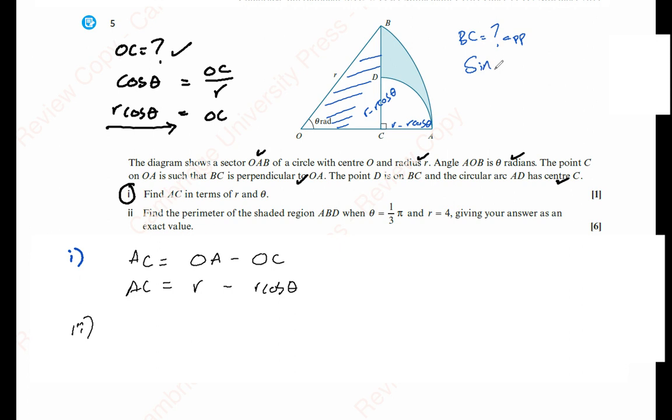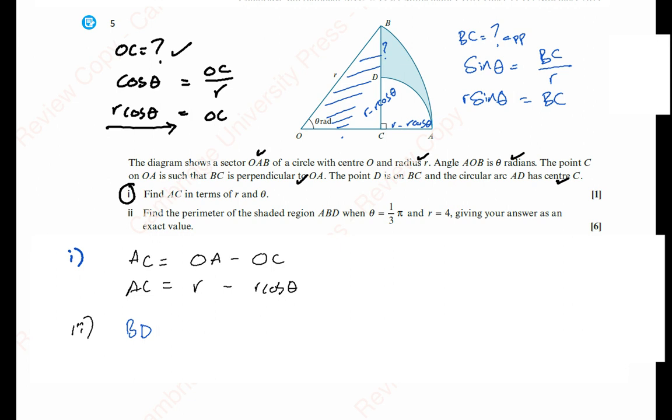So what do I do? I go sine of theta is equal to BC over R. That over that. That's going to be R sine theta equals BC. So that's going to be in terms of R and theta. I could do trig, so I did it. I couldn't do Pythagoras' theorem because I needed another side. But if I had another side, I'd use Pythagoras' theorem. So that's going to be R. That's going to be OC. Got it? So I've got this length, so I can now find this length by subtracting BC. So BD,